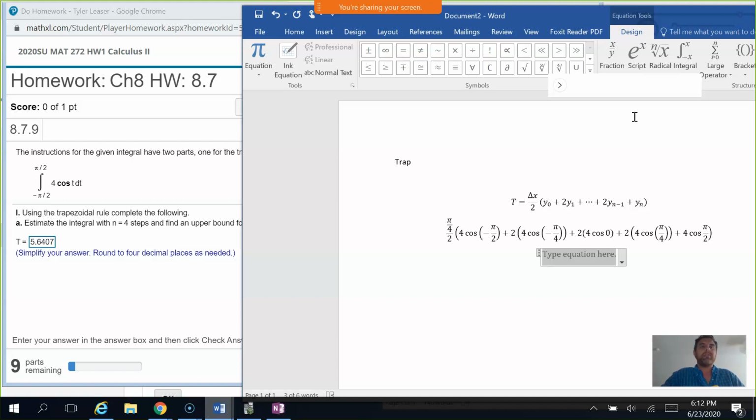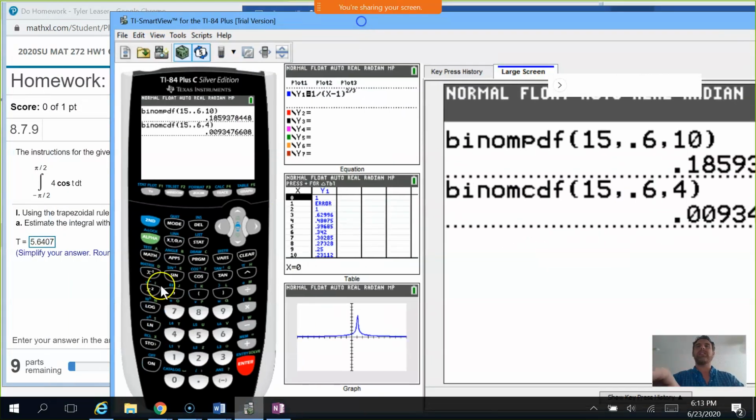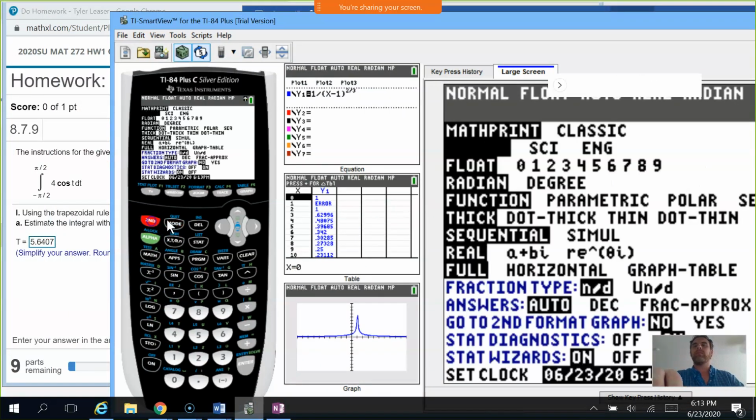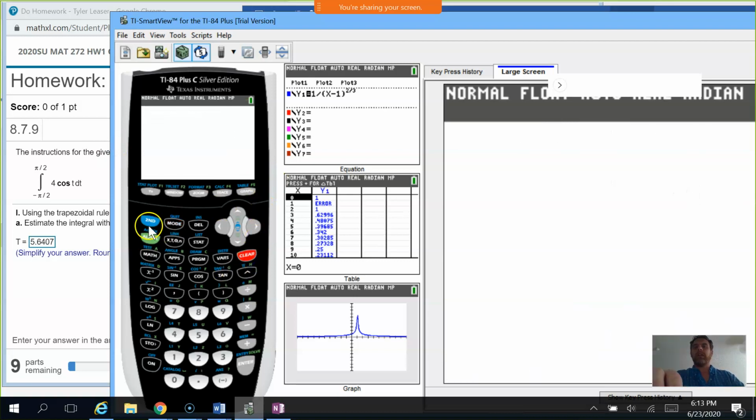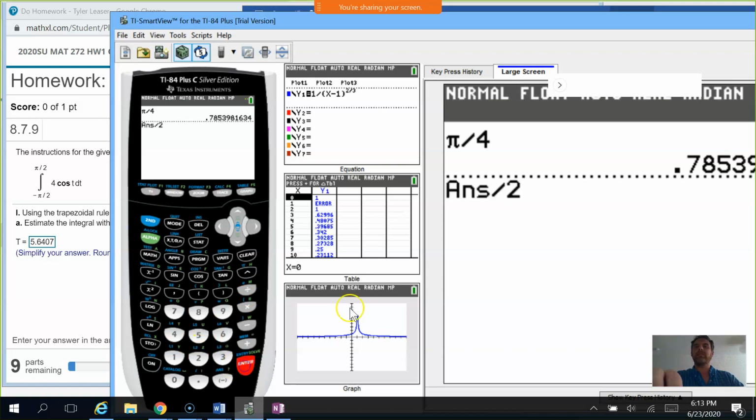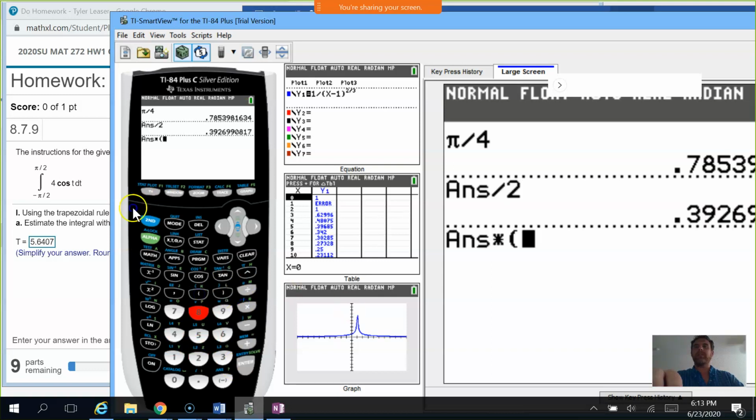The pi over 2's are both just 0. We can ignore those. And then 8 cosine negative pi over 4 plus just 8 plus 8 cosine pi over 4. I think I typed it in right. Let's try this calculator. All right, so it was pi over 4 divided by 2 times 8. No, not 8. Oh yeah, because that first one's 0, right? So 8